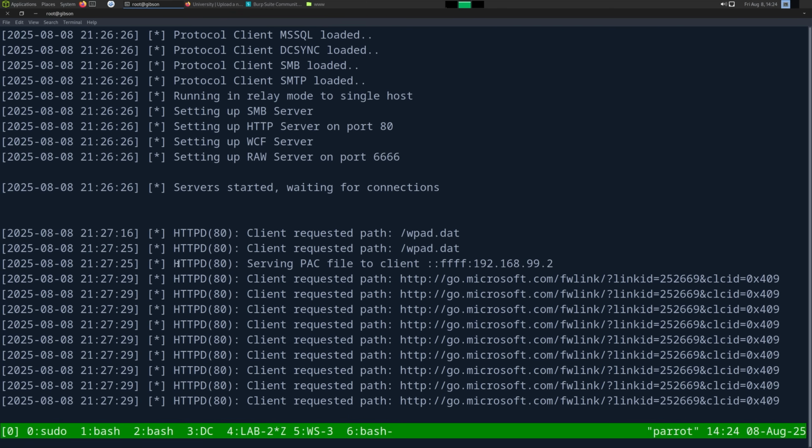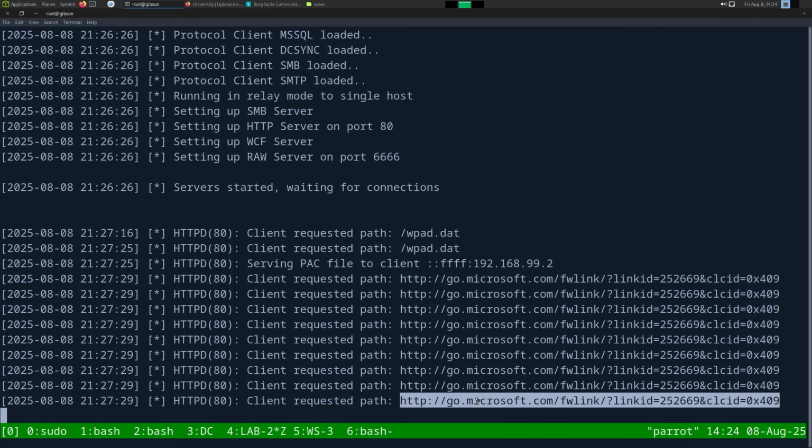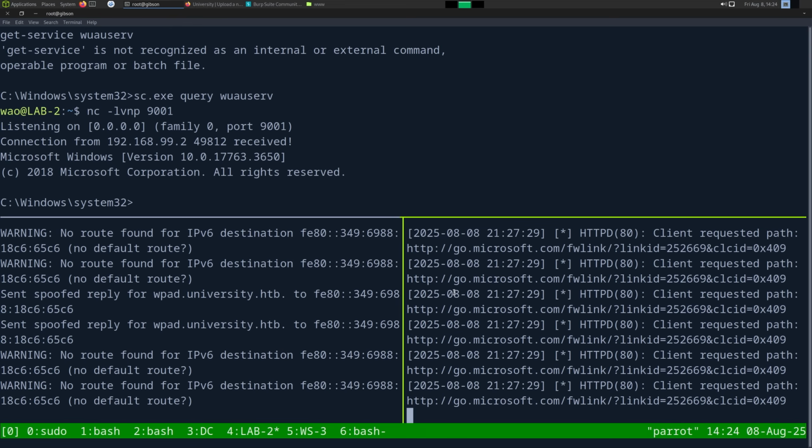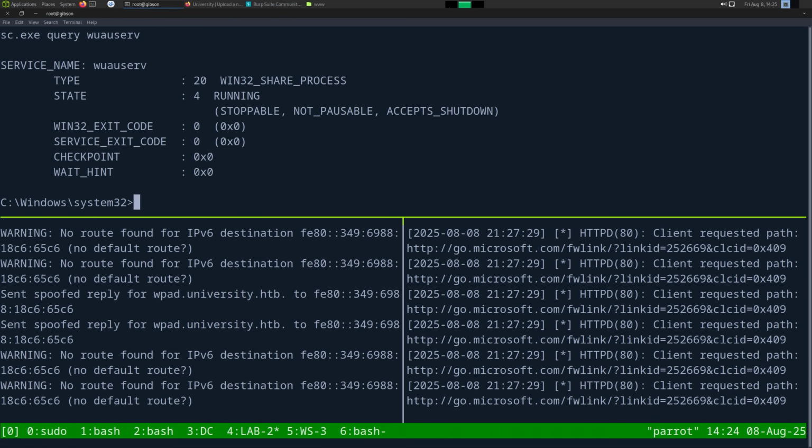It may have already worked without us doing anything, because we see it forwarding wpad.dat. We get this request, and hopefully within the next minute or two, we'll see it adding other things. It'll be like giving permission to the IPsec machine. But let's run this sc command again real quick. Okay, it is running. You could do a start if it's in the stop state instead of query, but it